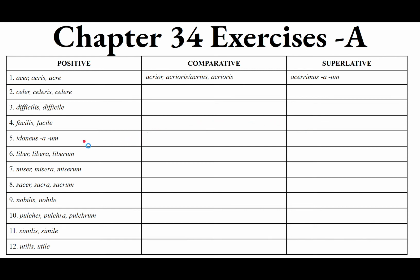Number 5, idoneus, idonea, idoneum, which means suitable. Now notice that it ends in eus. The stem would be found by chopping off the us, or the a, or the um to get idone, which ends in an e. If you added the suffix ior, and then ioris, that would be a conglomeration of vowels